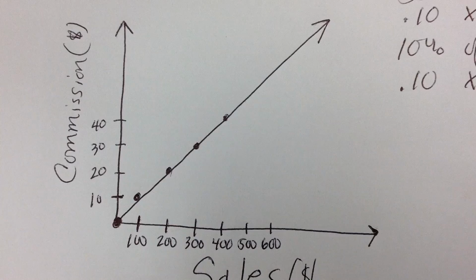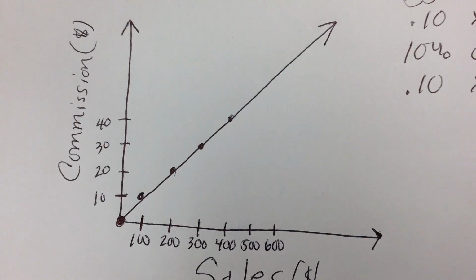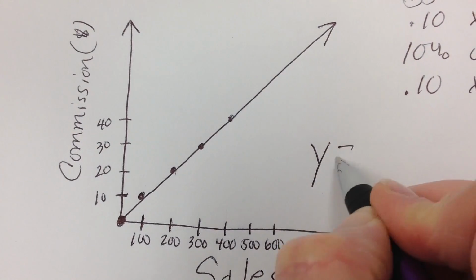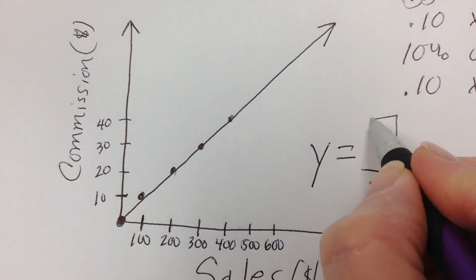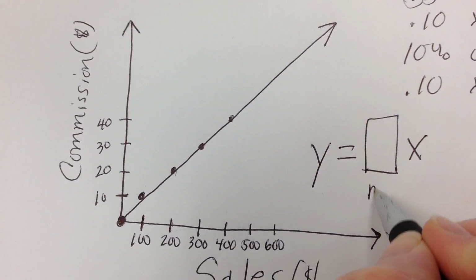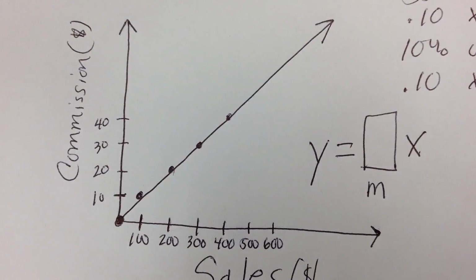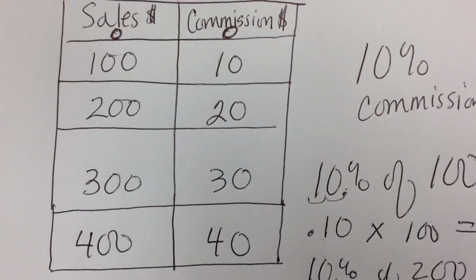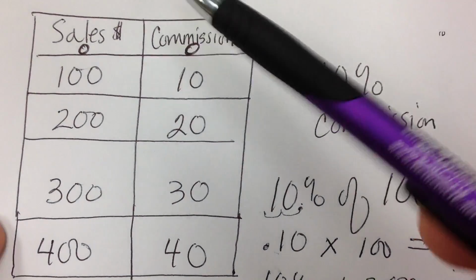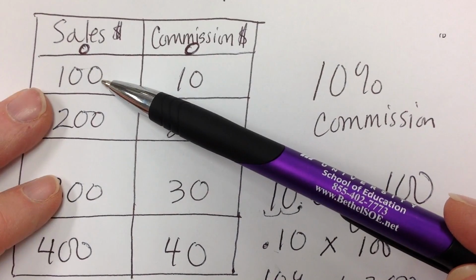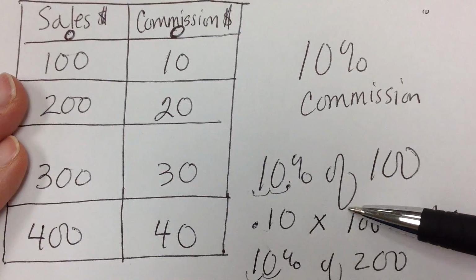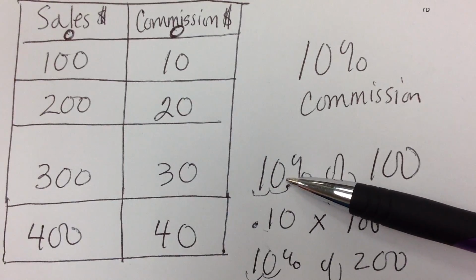Now, the equation would be y equals mx. Now, what did we multiply each time times the x values? Go back to your chart. Every time we took the sales value and multiplied it times 10%. But when we changed 10%